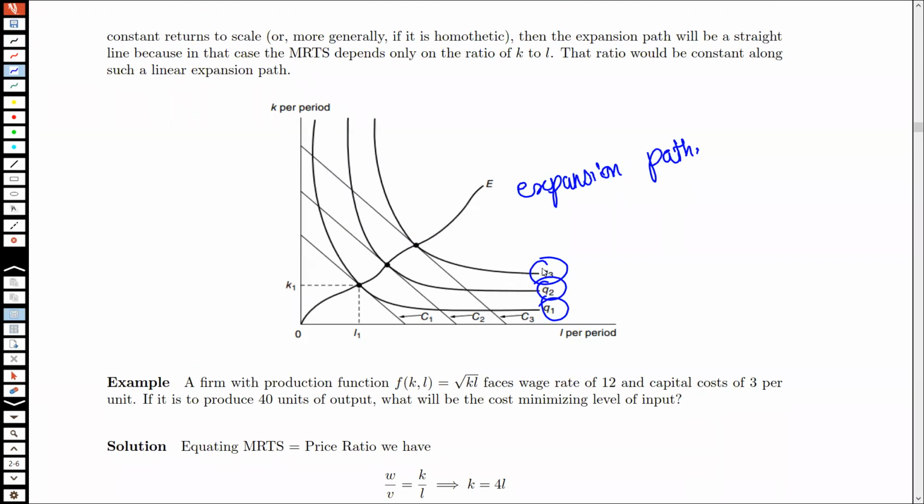When the wage rate doubles, the producer will move to more labor as it will be most cost effective for them. So when labor becomes costlier, the producer will hire more labor. That's what you're saying? Yeah, and labor becomes costlier, the producer will have more capital. So you're saying conflicting things now. Just give me one answer, Kritika. Will the expansion path move left or right? To the left. Okay. Does anybody here say it's going to move right? No. Great. Okay. So it is going to move left.